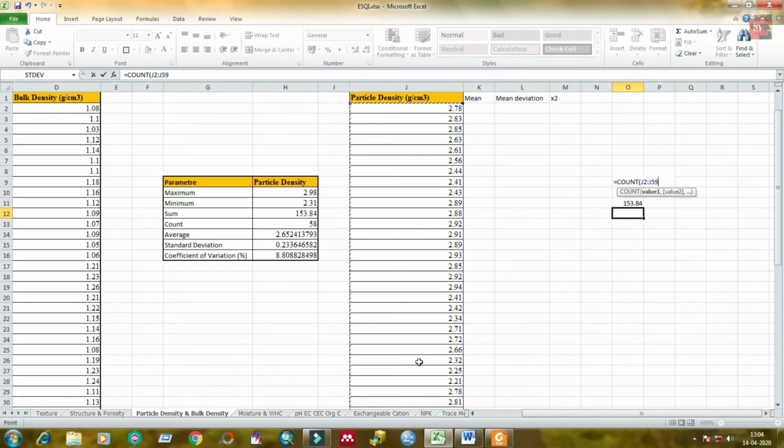And here now I am going to calculate the average or mean value. You need to type average, then select the first option, and after that select the total number of data, then count and press enter. We get the mean value here, and now type the mean value and drag the cursor downwards until the last data.